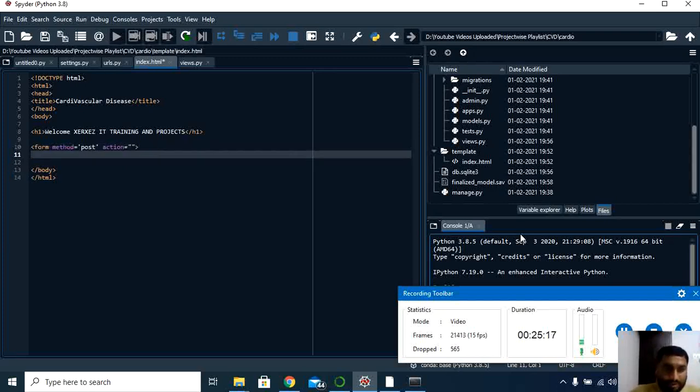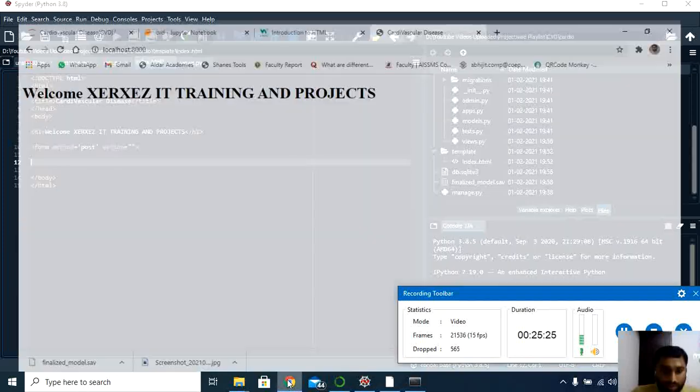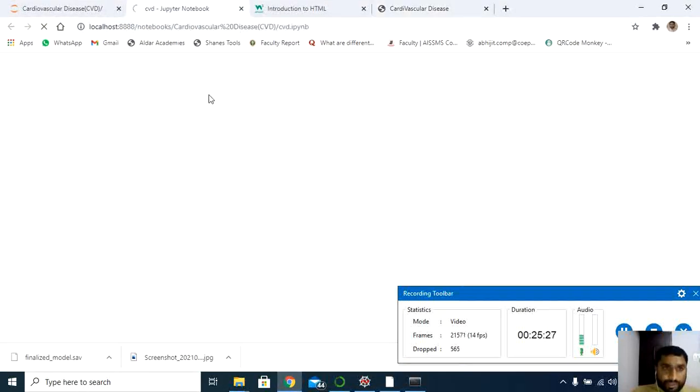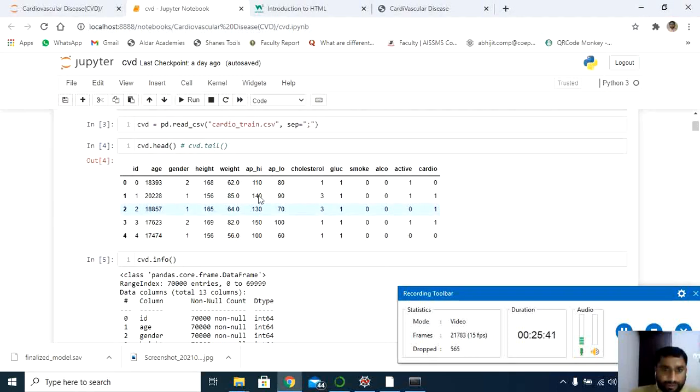Now next, let's fetch the data one by one. To do that, you go to your Jupyter notebook where your exact model is located. Here we need to fetch all the attributes from the Jupyter notebook. While creating the form, I need all the features here.